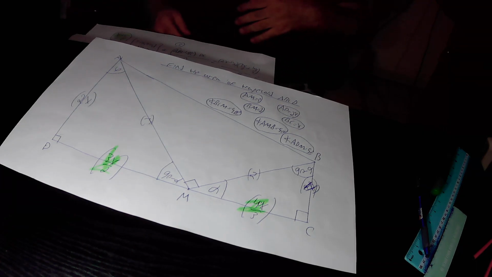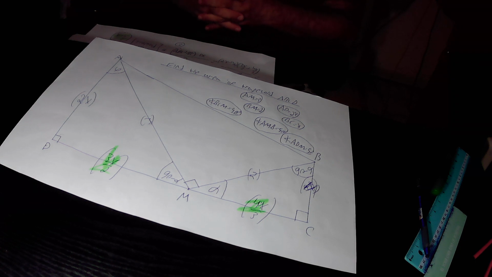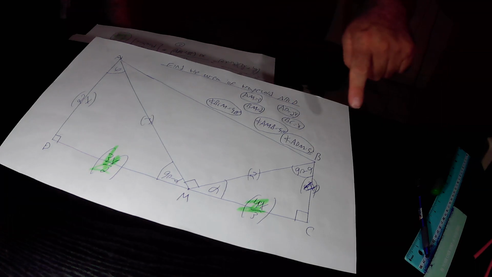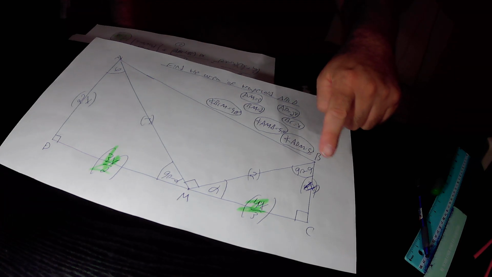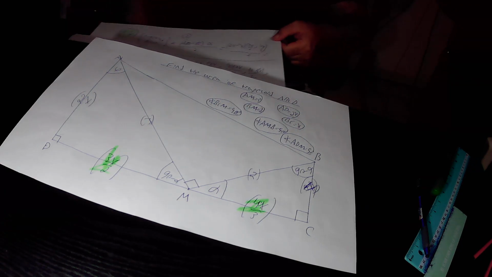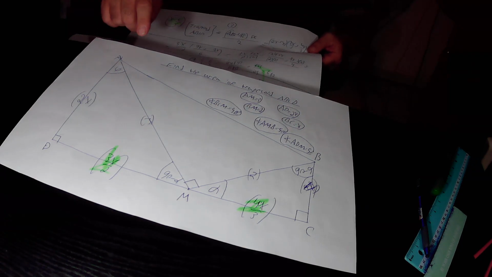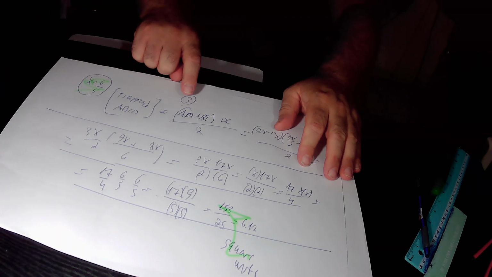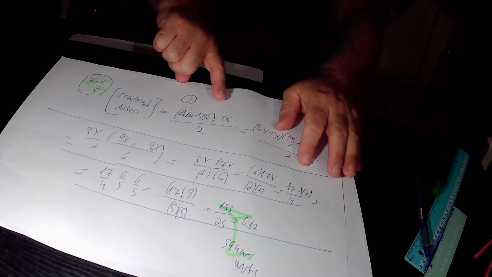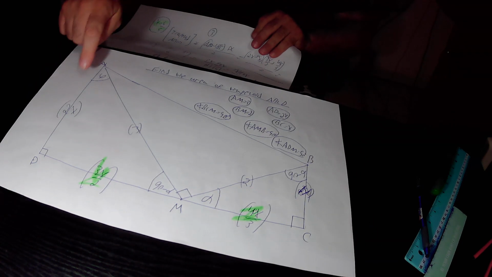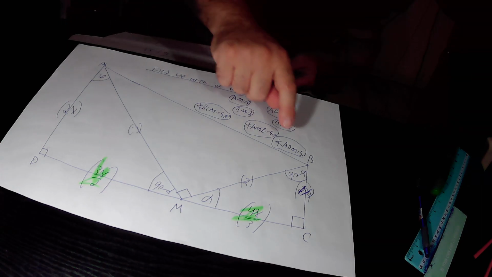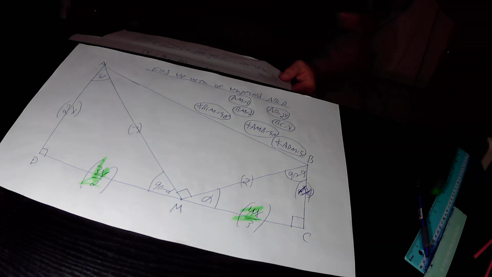According to the formula that I presented to you in the beginning of the lecture, the area of any trapezoid equals the sum of its two parallel bases times the height over 2. So the area of this trapezoid ABCD must be equal to the sum of its two parallel bases, AD plus BC, times the height over 2. AD is 2x, plus BC. BC is x, according to what was given in the question,